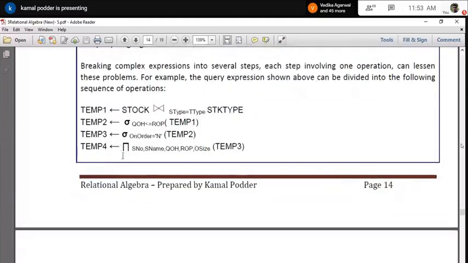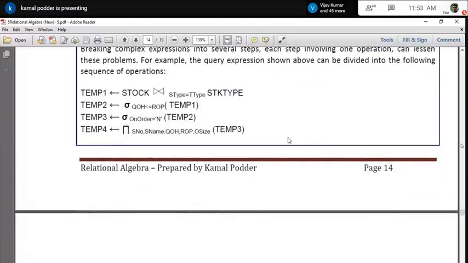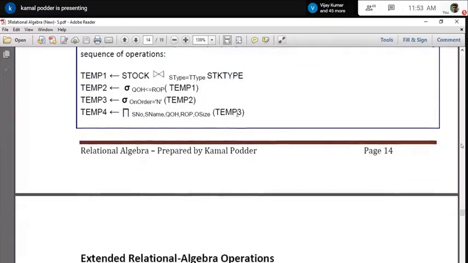I will explain that. It is actually called generalized projection. If you see that from the TEM3 table, it will just access this field, right? You can easily write the pi, no problem. But this is generalized projection. What does it mean? When you are projecting a record, any field can be an expression also.